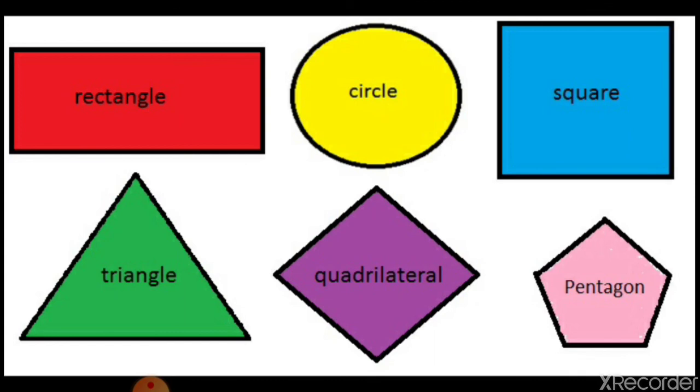Zero does not have any dimension, it is zero dimensional, because zero has no length and no breadth. While a line is one dimensional, because we can only measure its length. It can move in one direction only, either forward or backward. So it is one dimensional. We can only measure its length.